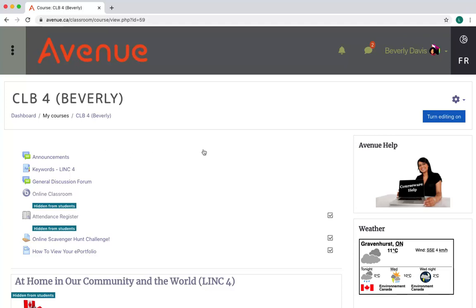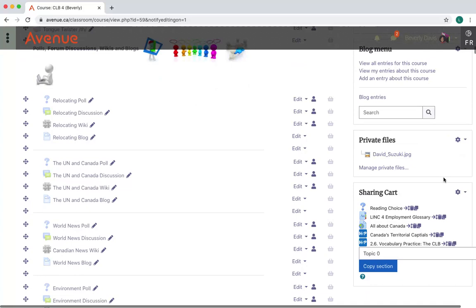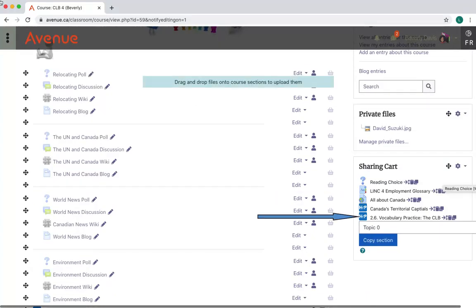Back in my course, I'll turn editing on. Then when I scroll down through the blocks on the right, the Sharing Cart block should appear. There's the Vocabulary Practice H5P activity that we acquired from the shared course. I'll click on the Copy to Course icon.